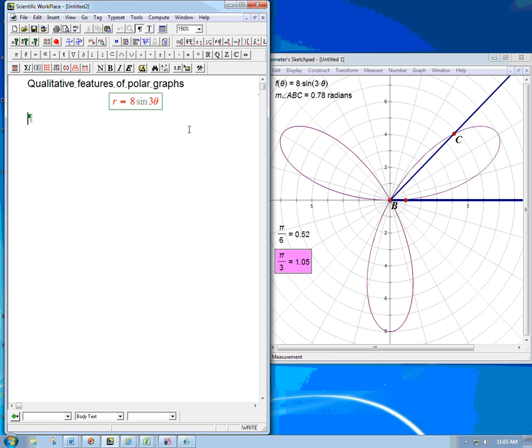of the qualitative features. The big thing, I think the primary thing to look at is the symmetry. I think that's what appears first, the fact that it has 3 identical lobes, and that also each lobe is symmetrical around its midline, or basically equivalently, the whole thing is symmetrical about the y-axis. Why is that? Well, I'll go through this quickly. To look at the y-axis symmetry,